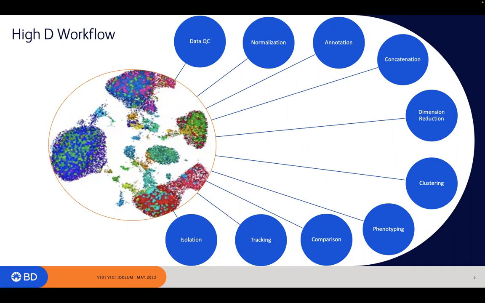After the normalization step, I have annotation. I have to say that when you're getting ready to use all of these high dimensional tools, taking the time to annotate the data is going to save you a lot of time. And when I say a lot of time, I literally mean hours of time on your analysis. So if you assume that you've got a 25 color panel